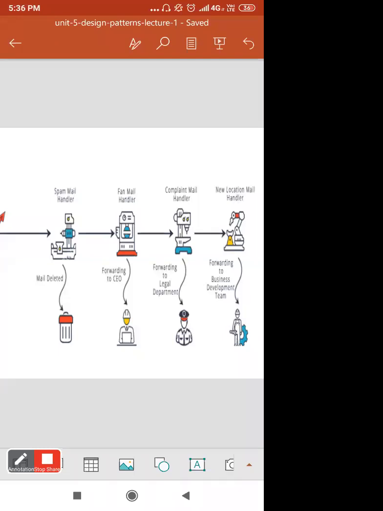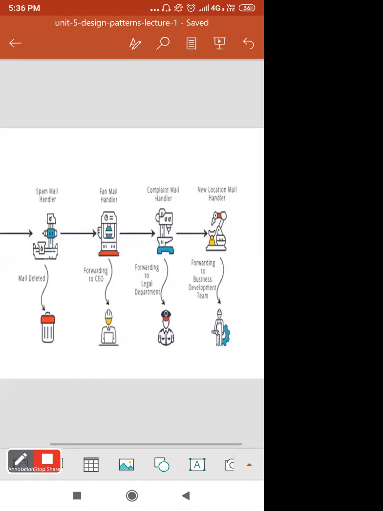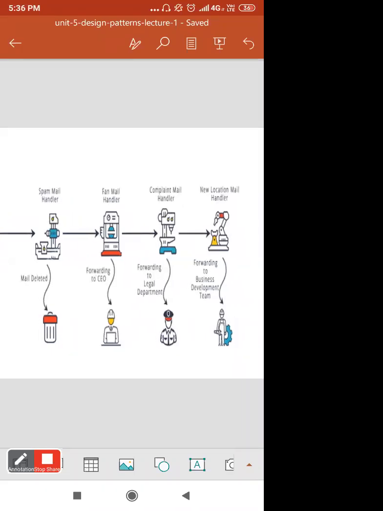If it is passed to the complaint mail handler, then it forwards it to the legal department. And if it is passed to the new location mail handler, its responsibility is to forward it to the business development team.